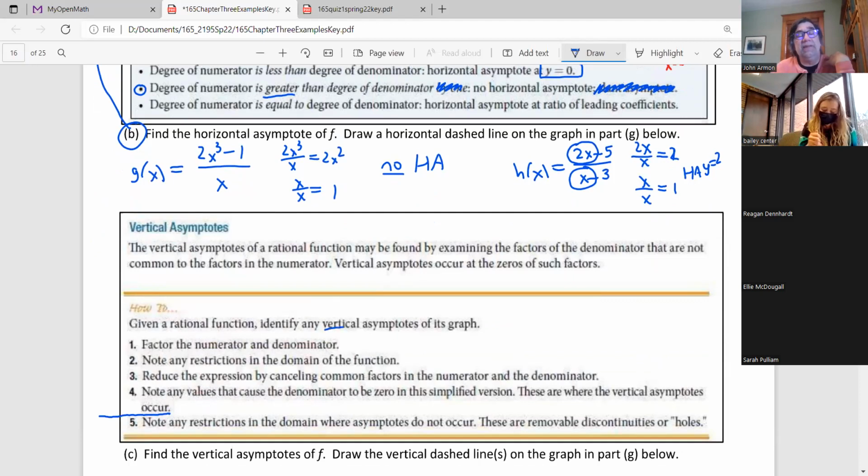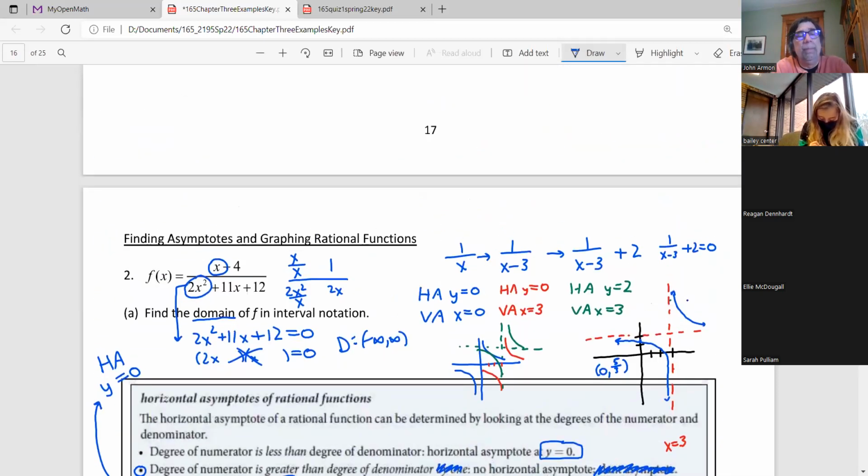So to get the vertical asymptotes, you want to factor both the numerator and denominator if possible. Get the restrictions on the domain. That comes from setting the denominator equal to 0. Those are numbers that are not going to be in the domain. This number 5 is going to occur when we have common factors of the polynomial in both the numerator and denominator. So if we go back to the original rational function we took a look at here,